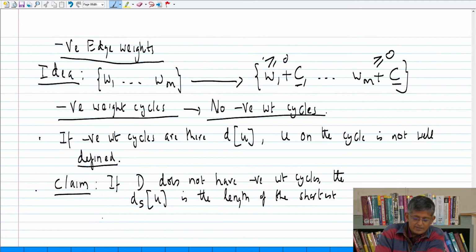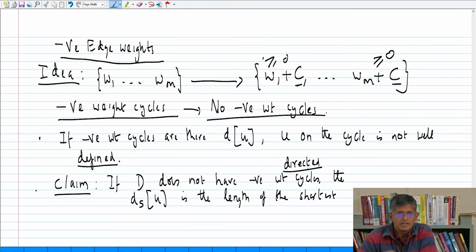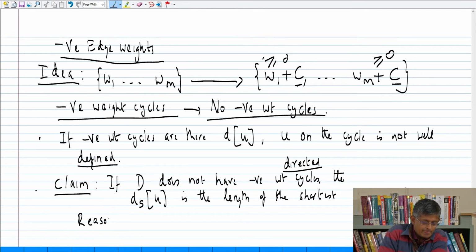In this case we are specifically talking about negative weight directed cycles. All that I have said so far works for directed graphs, and if you don't have negative weight directed cycles, then the distance estimates that you get are monotonically decreasing values. So the reason for this claim is that ds is monotonically decreasing